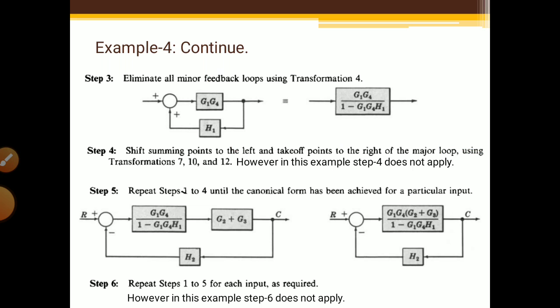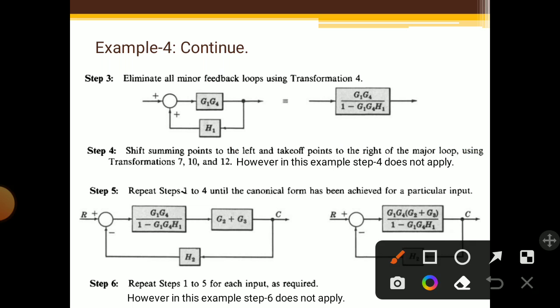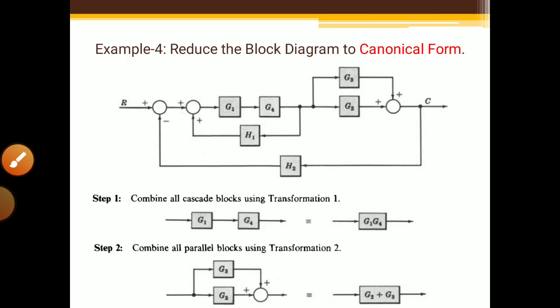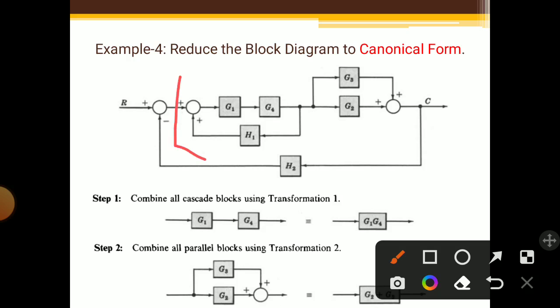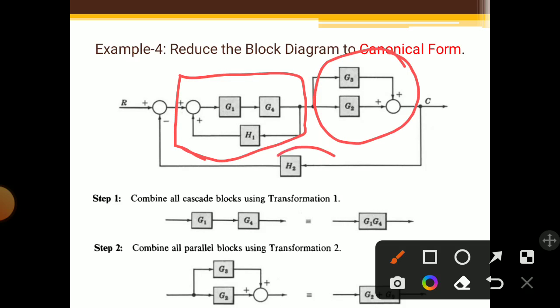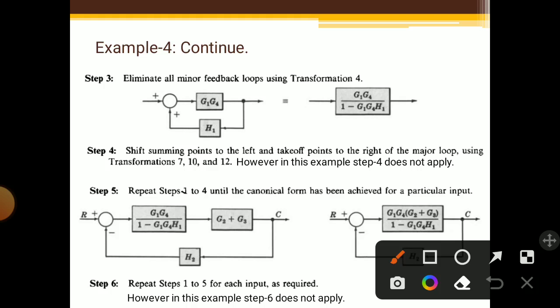Here many blocks are simplified. We have simplified the feedback loop. The feedback loop is written over here, this is the parallel part that we have written here, and this feedback loop is as it is. Check the problem once more. We have solved this feedback loop, this series part, and this part remains as it is. Everything is written in the next slide. This is our feedback loop, this is series, this is the parallel part, and this is the feedback loop.